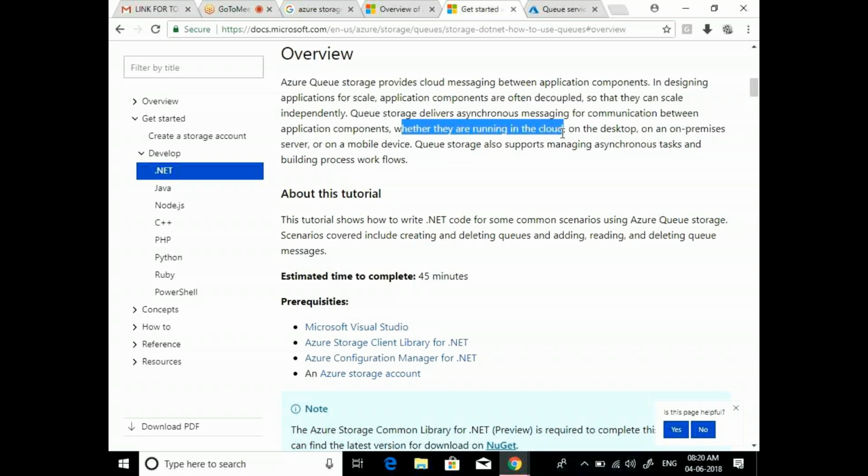It doesn't matter, which means wherever you are running your application, by using this Azure queuing system you can queue the messages. Let's say this application should do this task next time. When you want to send this request to that application, you are queuing those messages in this queuing system.